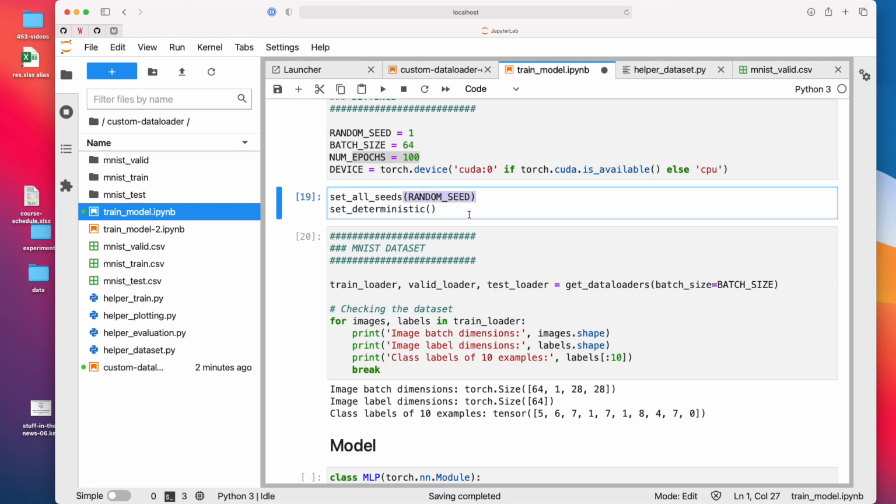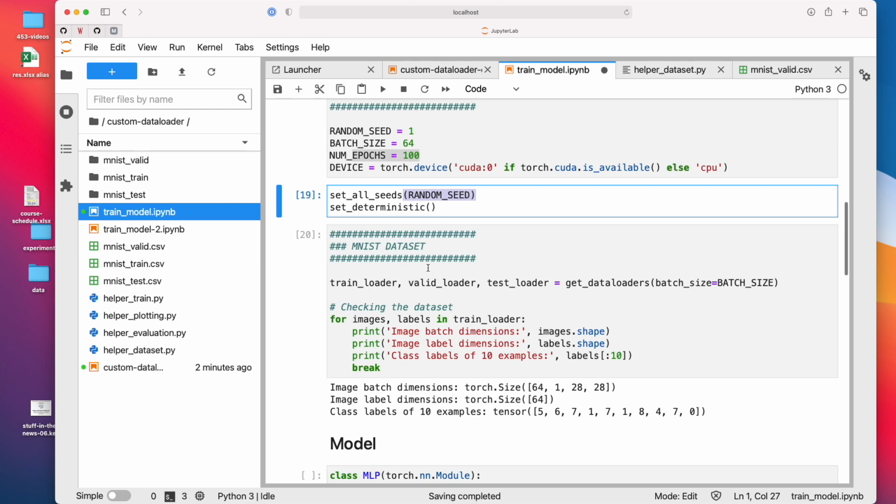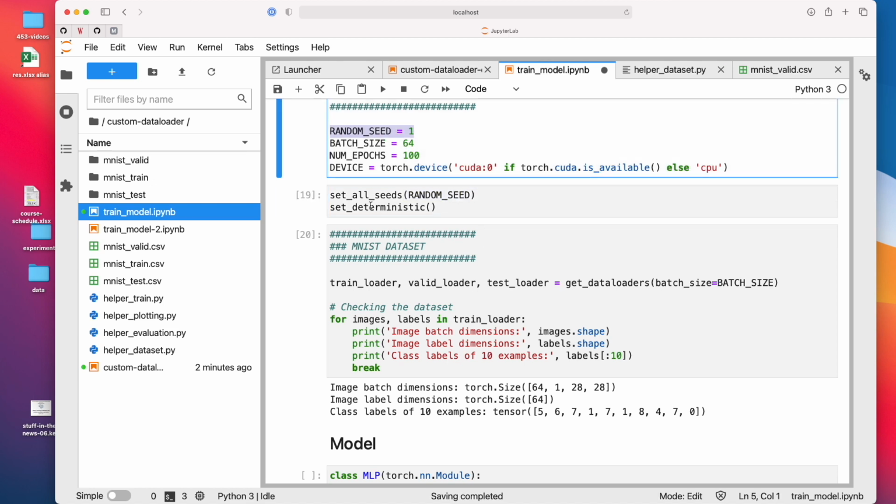The random seed makes it consistent. For example, if you run this code, you will get the same model and same accuracy I got because you use the same random seed. This is useful, for example, if you do research and you develop some code and want to share it with someone else and the other person wants to reproduce your code.